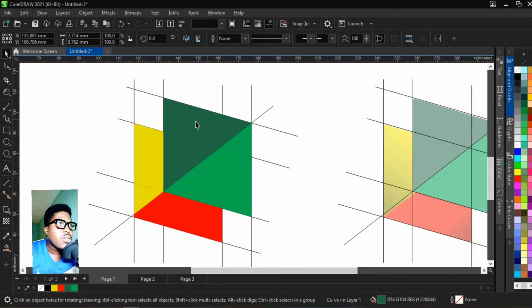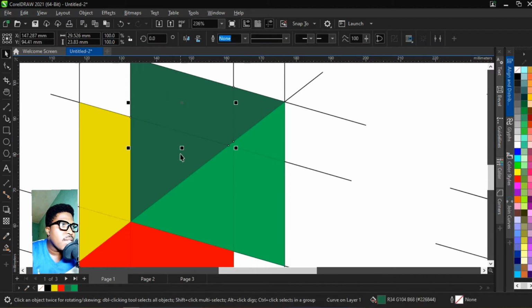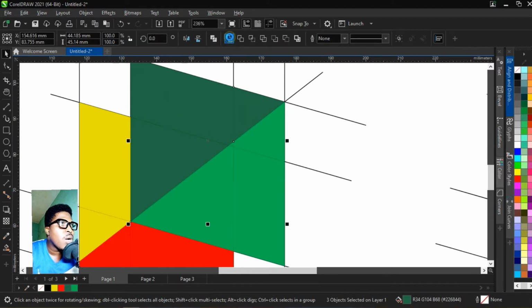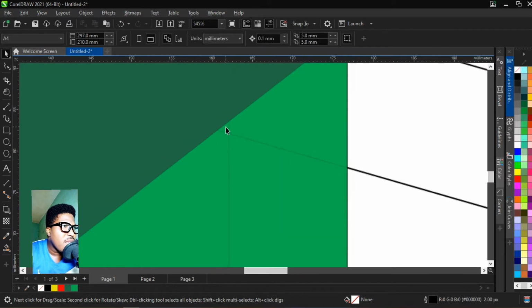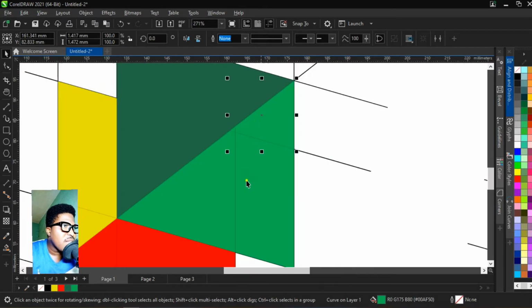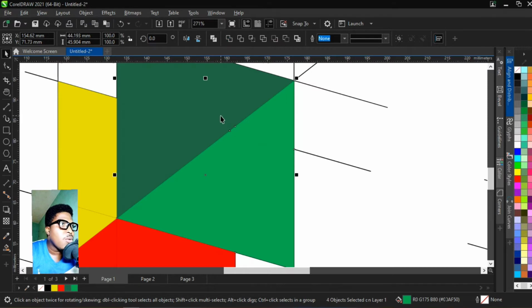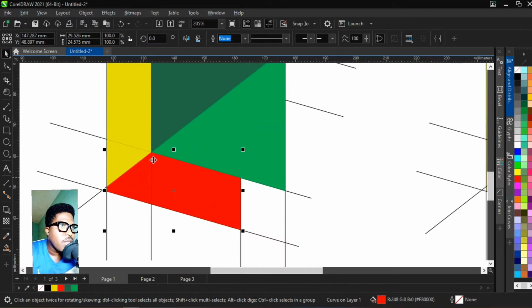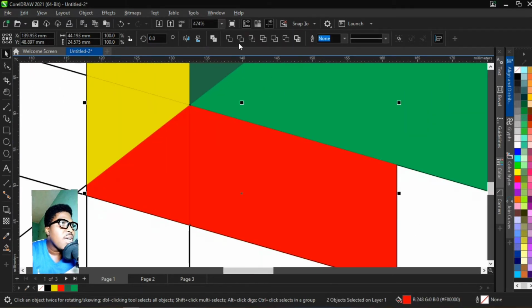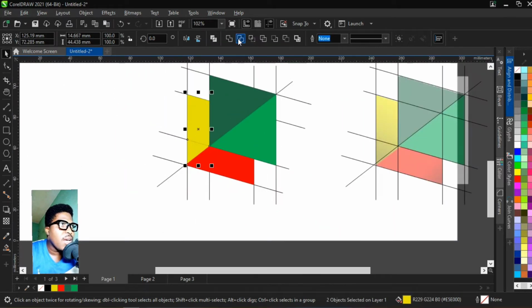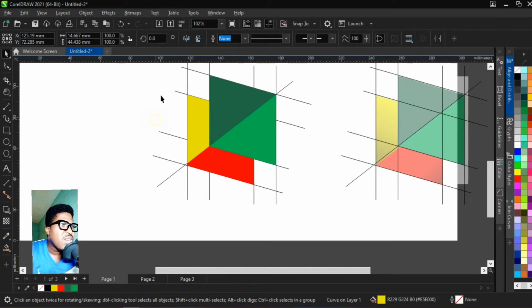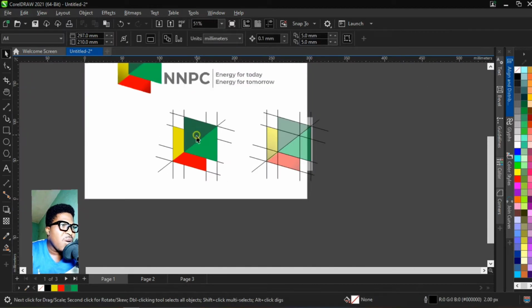We are done. So the next thing we could just do is select this, and this, and then we weld to make it one. Then we select this smaller part here. Okay. Select here, here, and here, and then we weld to make it one. And then we do the same for this part, and then we weld, and then we do the same for here and here, and then we weld. Now we have our logo mark,